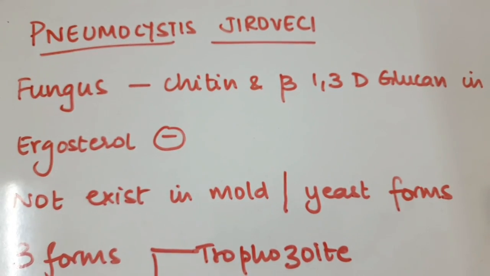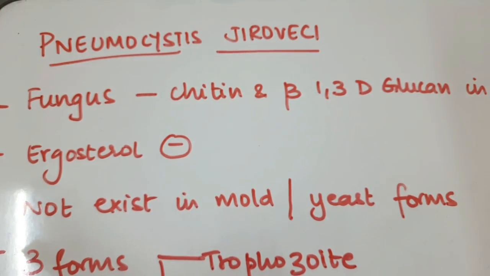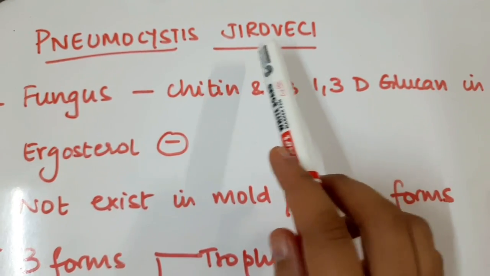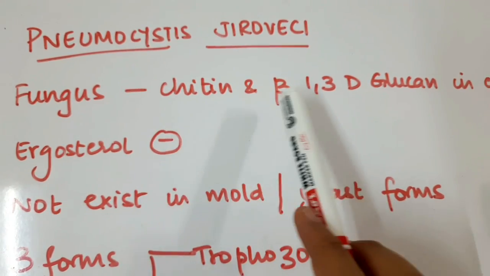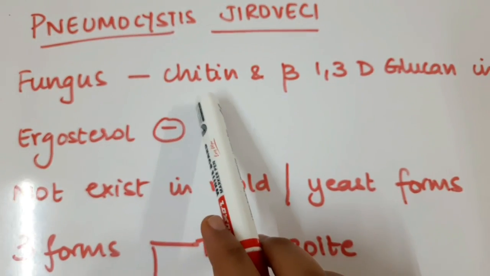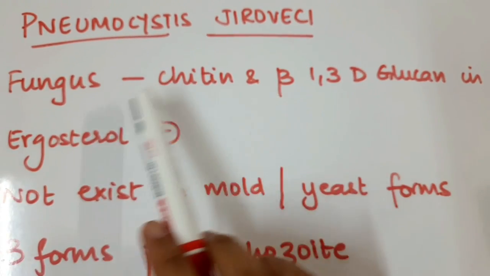Hello everyone, in this video we will talk about the fungus Pneumocystis jiroveci. So Pneumocystis jiroveci is a fungal infection and it is considered a fungus because of the presence of chitin and beta-1,3-D glucan in the cell wall. So because of these two, chitin and beta-1,3-D glucan which are present in the cell wall, it is considered a